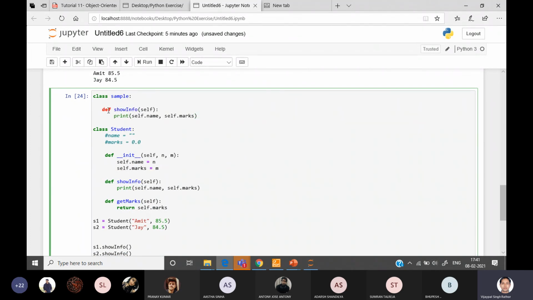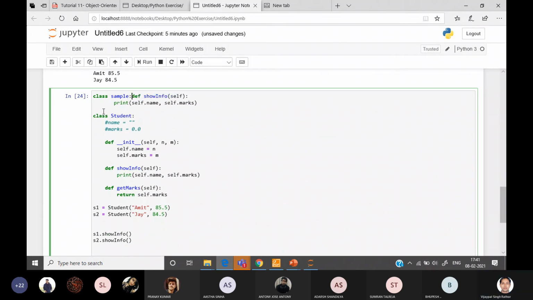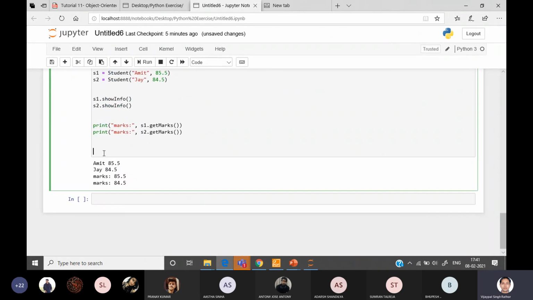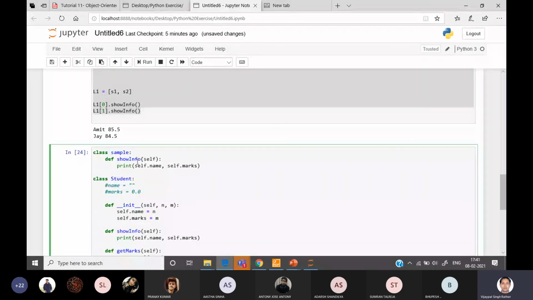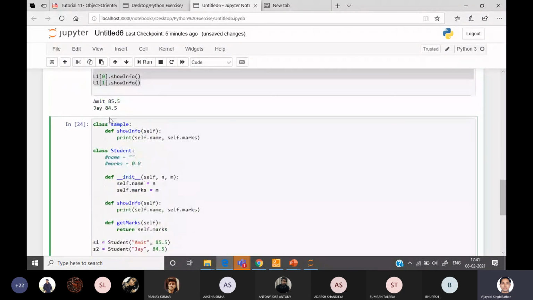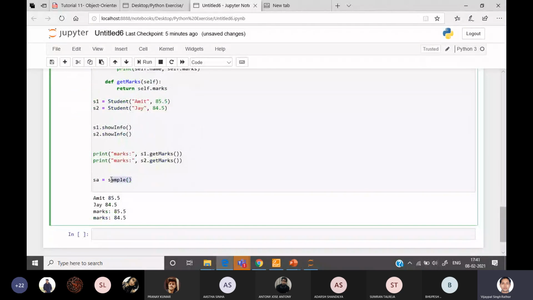Can we utilize it? We have to check it. So I'm creating one object of the sample class, sa equals sample. This is how we create an object of sample: you write the class name and then blank parentheses. As no init method is specified here, you can leave it blank.